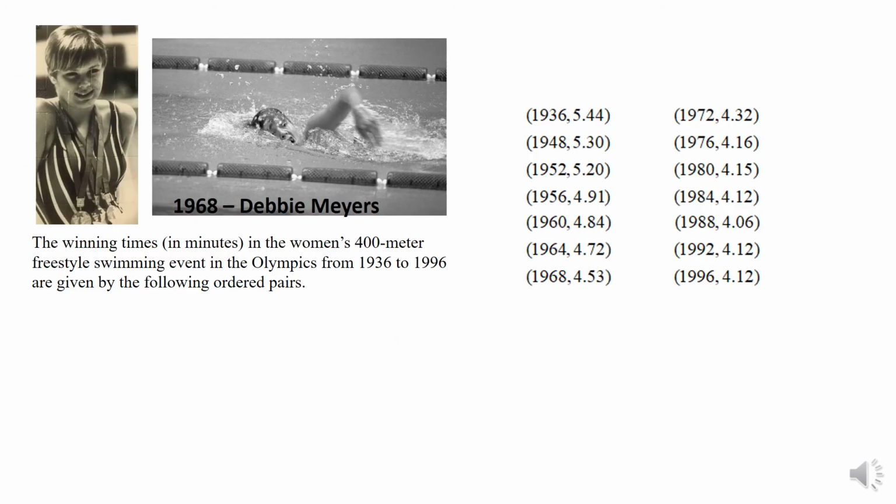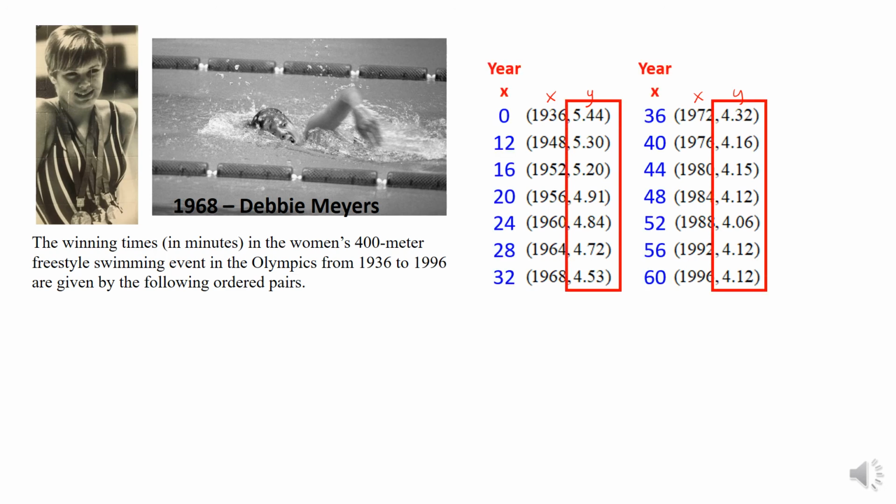The winning time in minutes in the women's 400-meter freestyle swimming event in the Olympics from 1936 to 1996 are given by the following ordered pairs. So you have to look at this as X, Y, X, Y. The problem is our X's are not the ones we should use, right? So we're going to hit the button, and we're going to notice that 0, 12, 16, 20, 24, 28, 32,